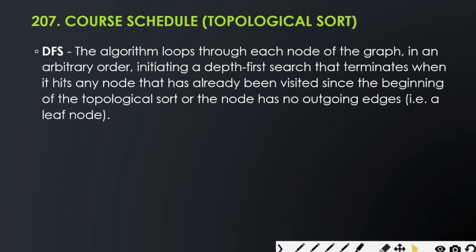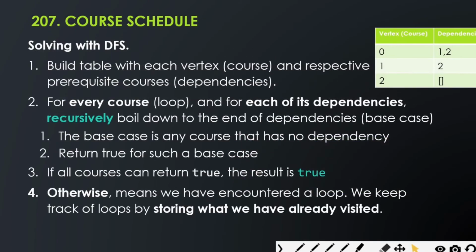And so we pretty much know what DFS is. I'm not going to go through that. But let's go through the steps again. So basically we want to build a table with each vertex, the course, and the respective prerequisite courses, the dependencies. And so for every course, that's going to be like a loop. And for each of its dependencies, another loop, we recursively boil down to the end of the dependencies, which will